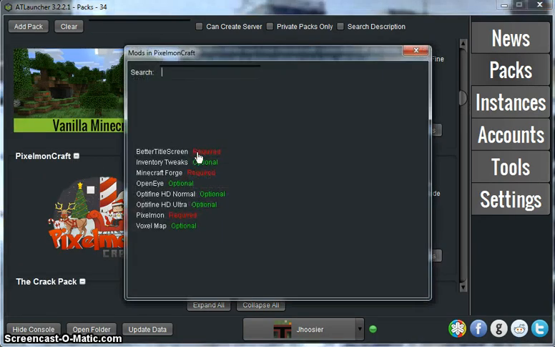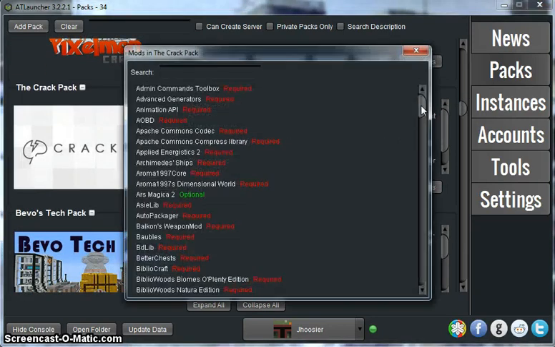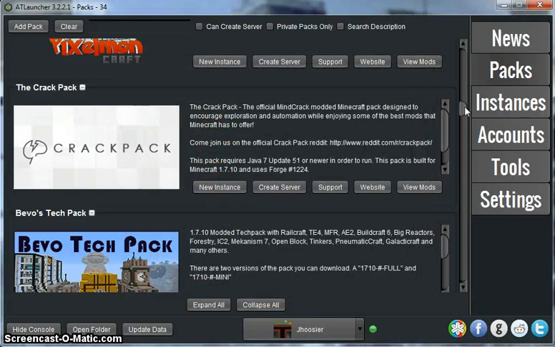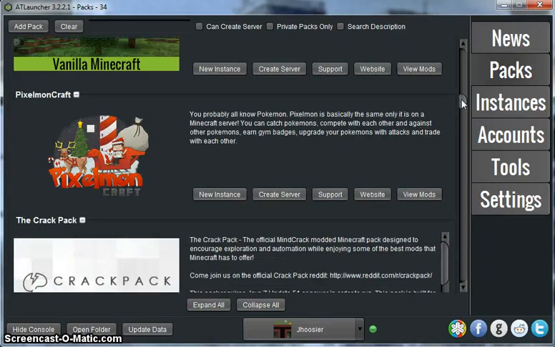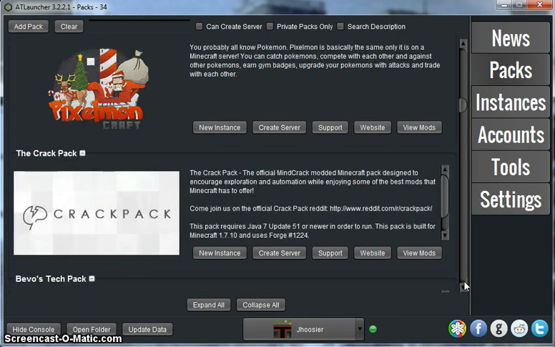You can view the mods. So you look here, Pixelmon has a few extra mods in it for doing different things. Crackpack has a massive amount of mods. And other ones are somewhere in between. We'll look at vanilla. So you have a couple options here in your